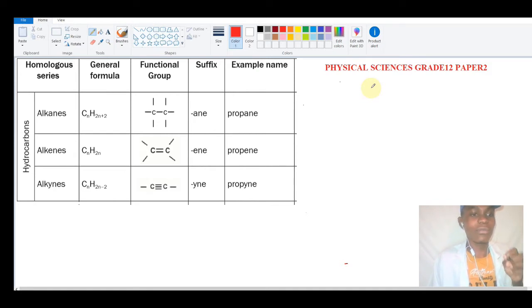So without any waste of time, I want us to jump into the type of chemistry that we'll be doing today. So today we'll be doing organic chemistry. Under organic chemistry, we'll be naming organic compounds, and we'll start off with the simplest organic compounds called hydrocarbons. While naming these compounds, we are going to use one of the most famous and international ways of naming organic compounds, which is called the IUPAC naming.